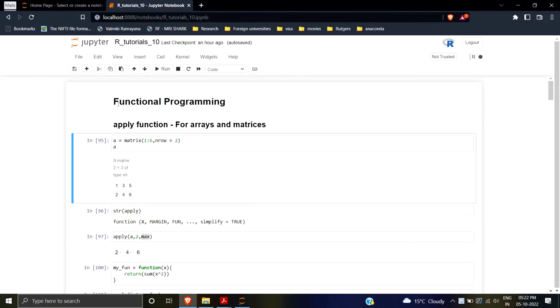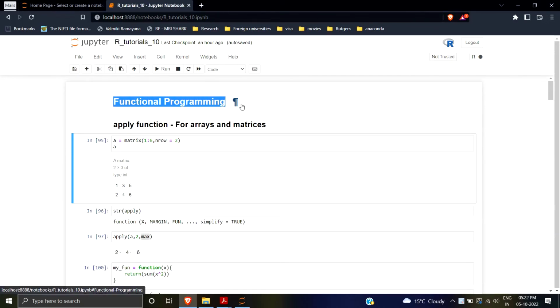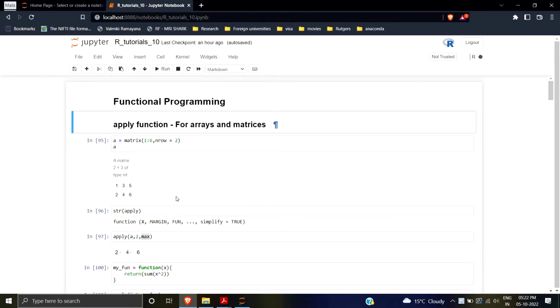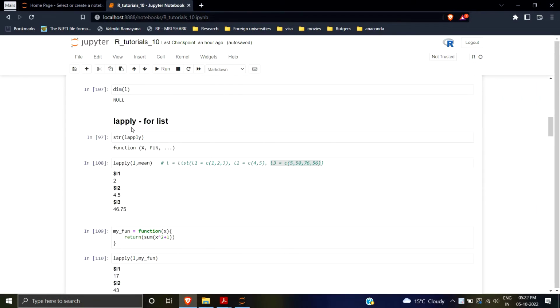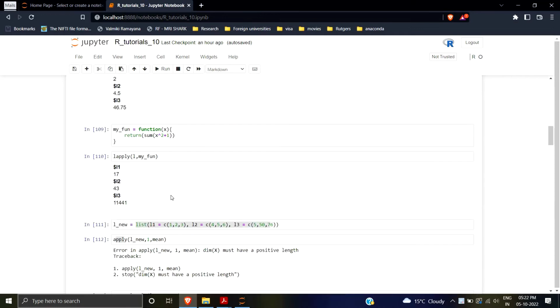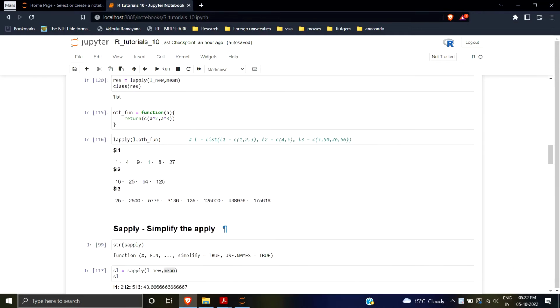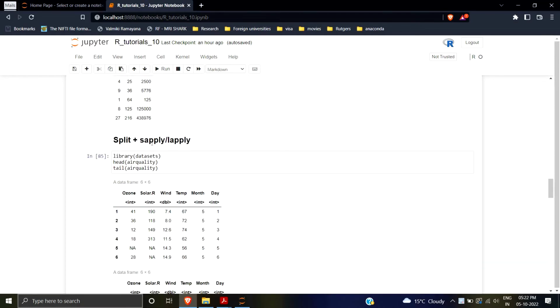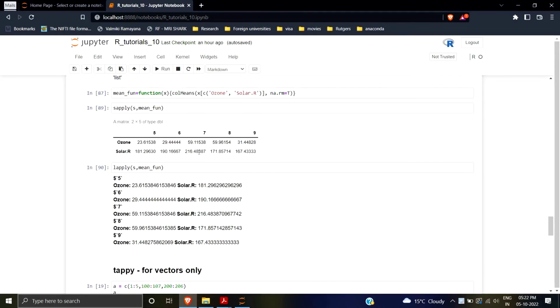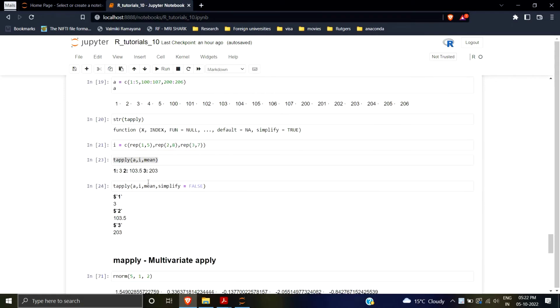Hello guys, in this video I'm going to tell you about functional programming. So we'll see the apply function, the lapply function, that is for list. We'll see what is the sapply function. We can see how you can use split with lapply and sapply, and then we'll see what is tapply, what